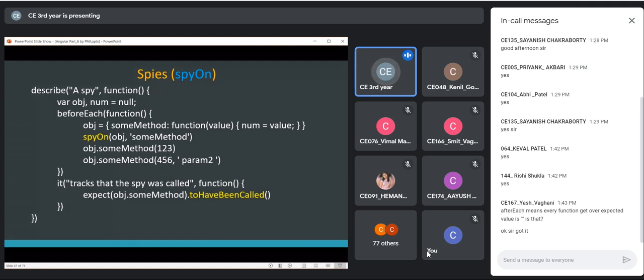It is valid JavaScript code, but in TypeScript it will throw an error. The first call, passing only one parameter, is valid, but the second call is invalid in TypeScript because it is expecting only one parameter and we are passing two. Is it clear, this spyOn method?